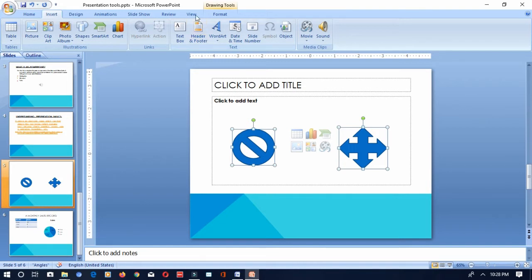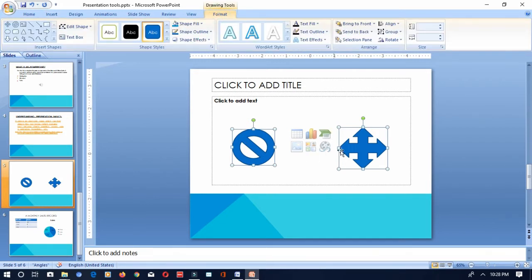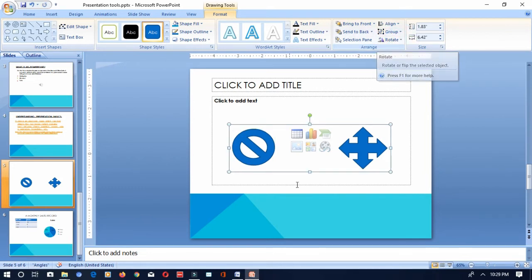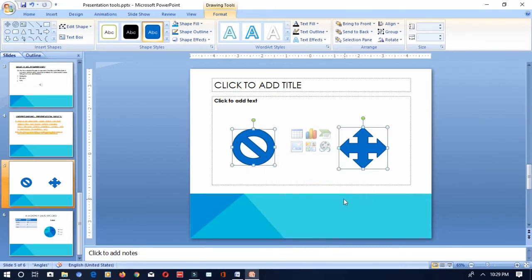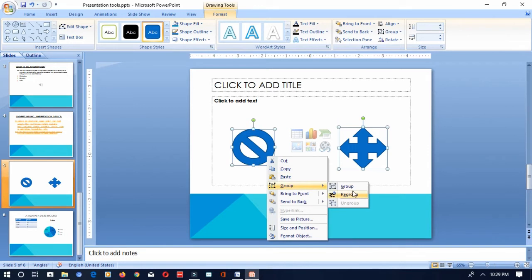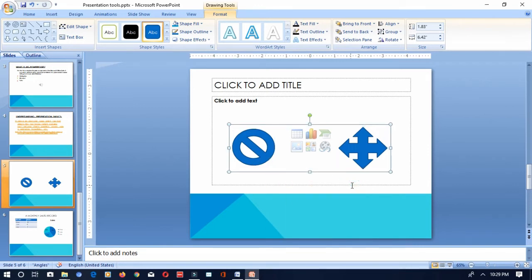So you can group it by going to this drawing tools format tab. Only if you click on or create any object, it will be visible. Okay, from here in the arrange group, you can go to the group option and group it. Okay, or else after selecting, you can right click the particular objects. From here also you can group or ungroup. So if I am ungrouping, you can group from here also. Okay, so there are three options: group, regroup and ungroup. Okay, you can use that.